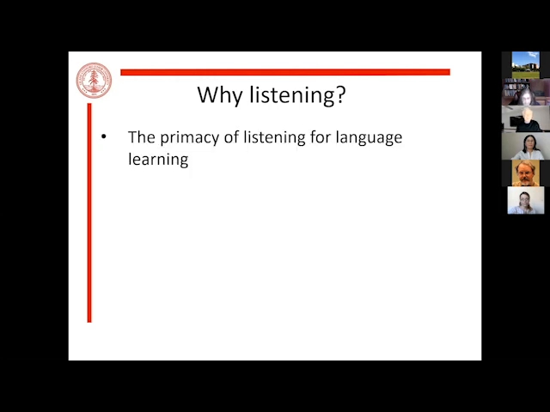Okay, the last or next to last part of background here. Why listening? So we've thought for years that listening is the input that you get that helps drive language. Whether you get it through interaction or through listening more one way, the material is still coming in. And that comprehension that you do as a language learner does support language acquisition. Some would say that's all you need. For some students that may be true, for others clearly not.